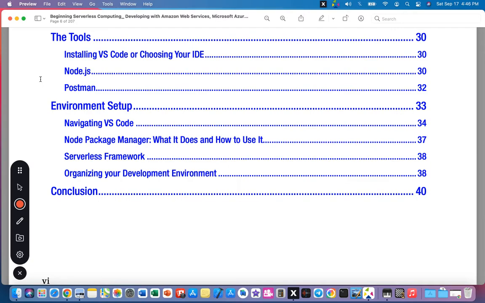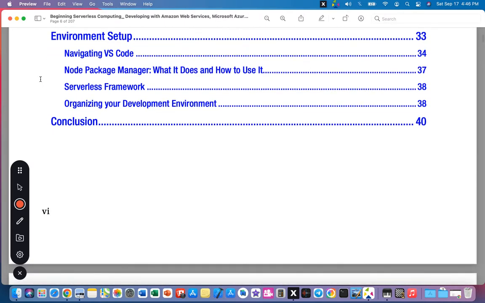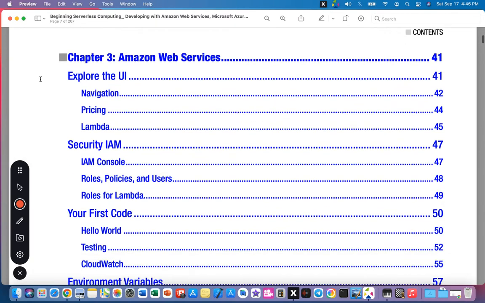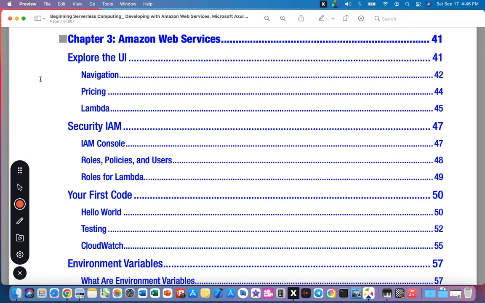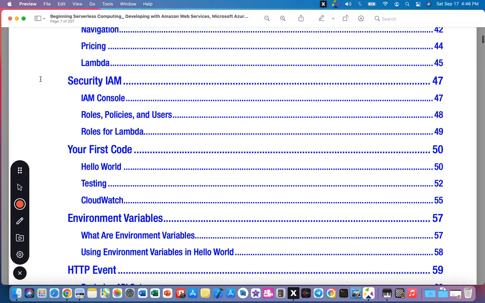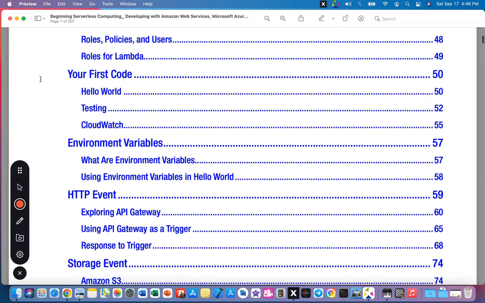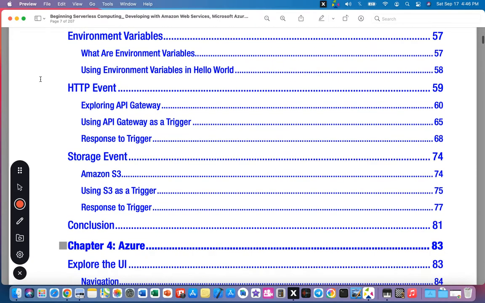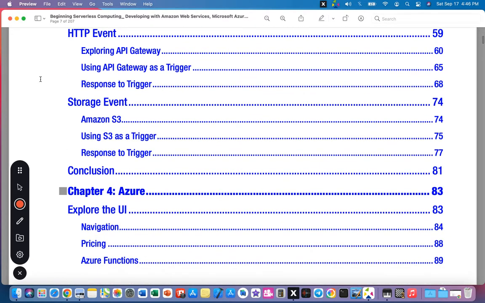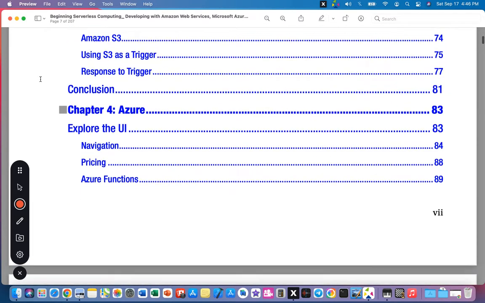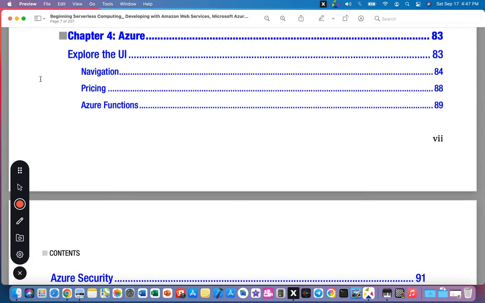Node.js, Postman, and environment setup. And the conclusion. Chapter 3 talks about the AWS services, and it talks about the user interface, the security, the first code, the environment variables, the HTTP events, storage events, and after the conclusion, we have chapter 4,